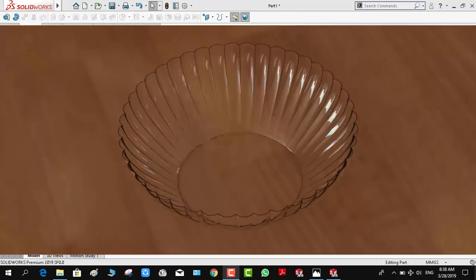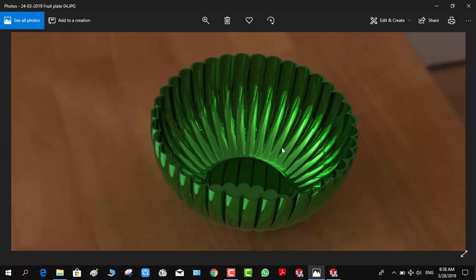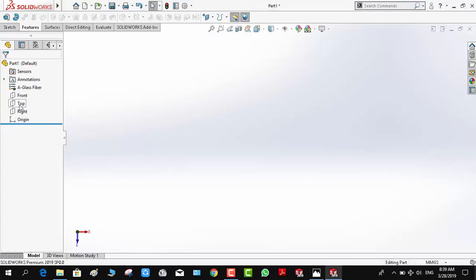Hello friends, today we are going to do something with SolidWorks like that. It's a freeze plate. We will make it by the loft feature, which needs two planes with two sketches. We will make a plane at first parallel to top